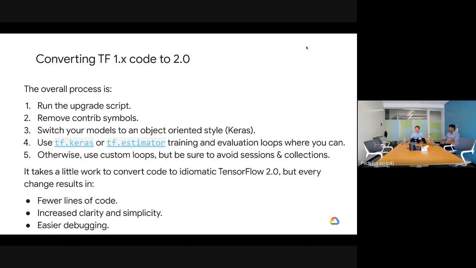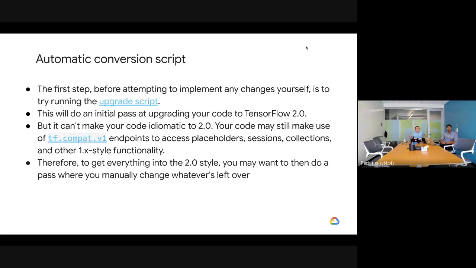It's very nice. So, like I said, there's an automatic conversion script. If you click that link, it'll take you right to there. It'll do an initial pass at upgrading all your code to 2.0. It won't make the code idiomatic, so the style and everything of 2.0 won't be there, but it will make it runnable. It'll use a lot of these tf.compat.v1 endpoints